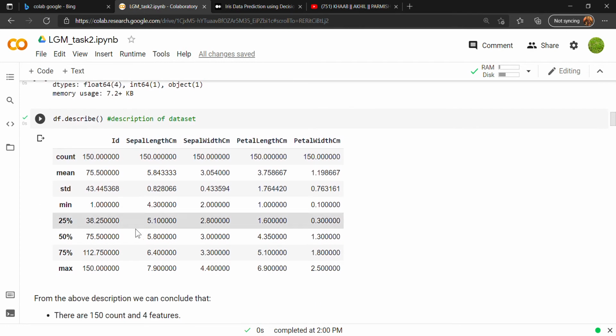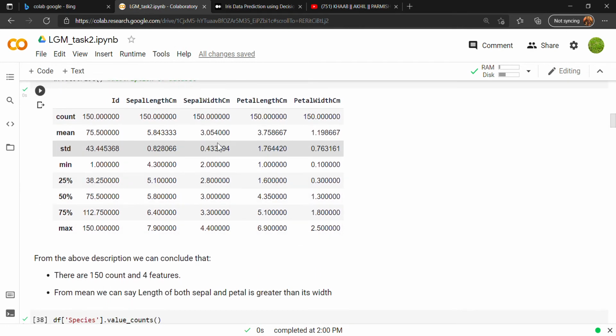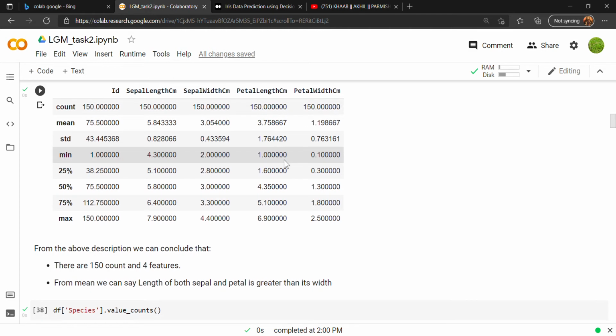From the description you can say that the count is 150, that is 150 samples are present in the data set, and there are 4 features, that are sepal length in centimeters, sepal width, petal length and petal width, according to which we will differentiate the flowers. With the help of the mean, we can see that both the length of petal and sepal is greater than that of its width.